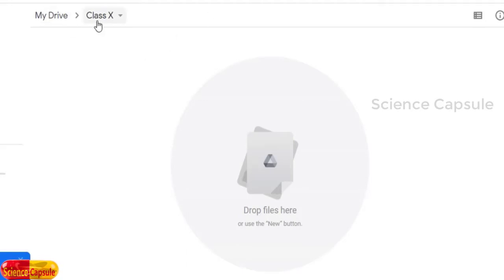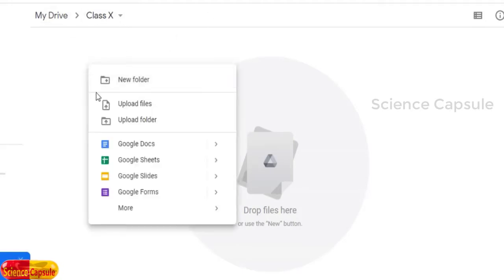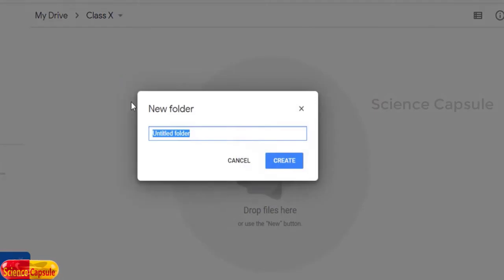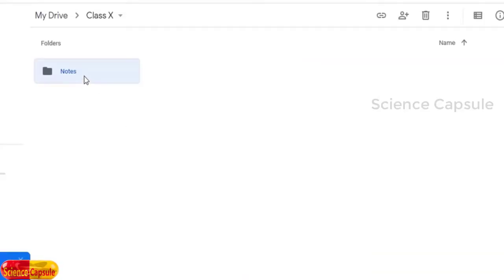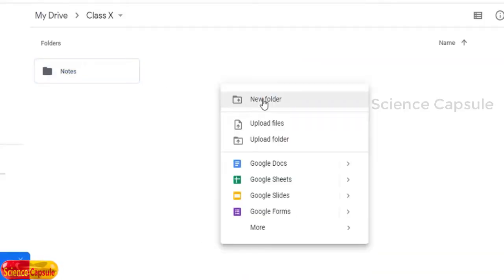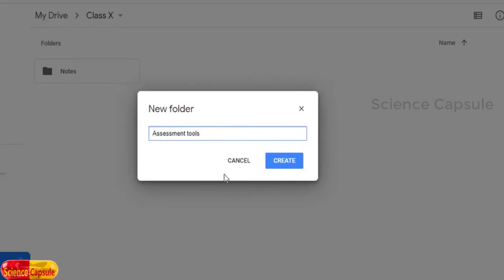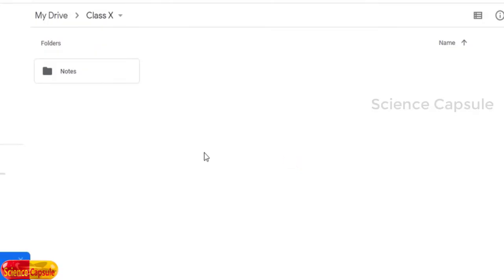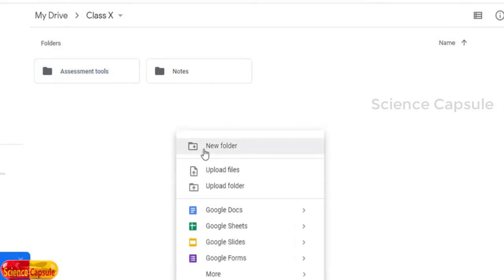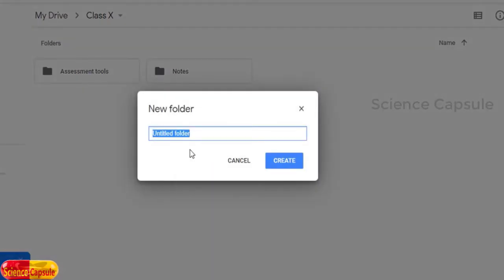So once you enter into class 10, here you group, you make some other folders. Here I write notes, then click on create. See here, a folder notes is created, and another folder I am going to create here. As far as the teaching learning process is concerned, assessment is one of the most important factors. So a folder named assessment tool is important. Then teaching materials, you may have some video and audio materials.